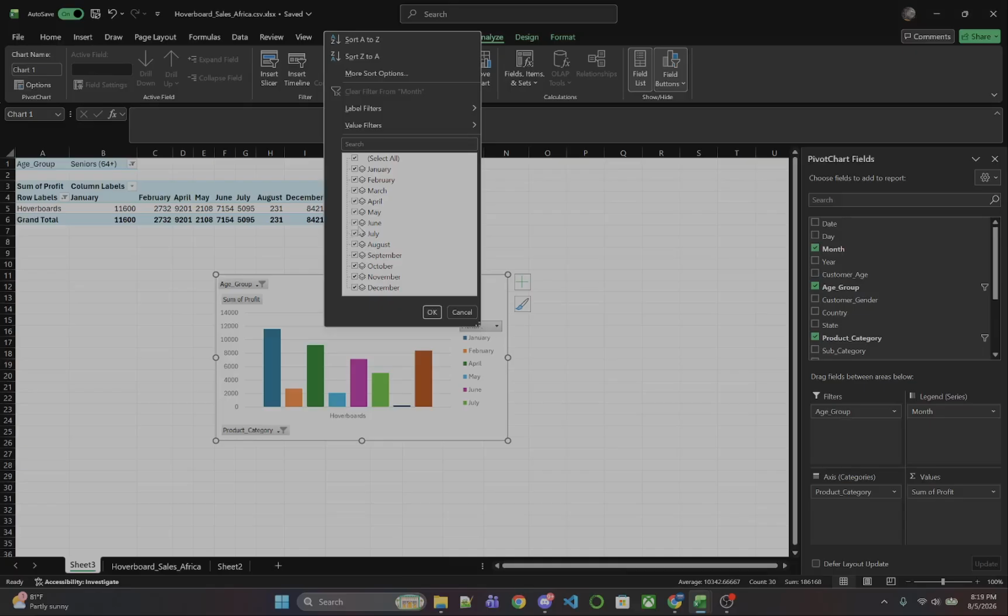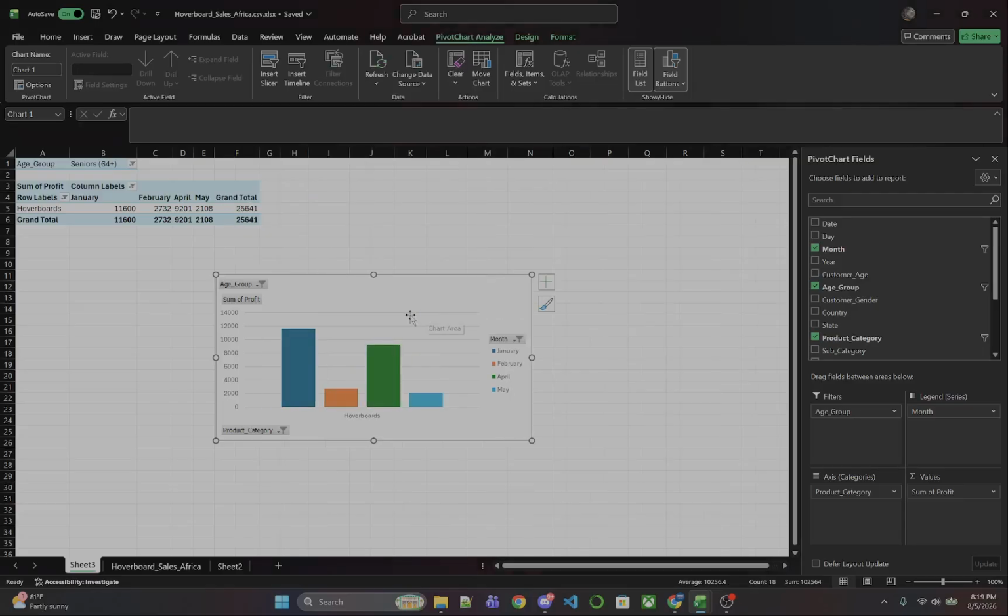And maybe I just want to focus on a series of months as well. So let's say beginning of the year, January to maybe around May before the summer starts. We have that focus as well,